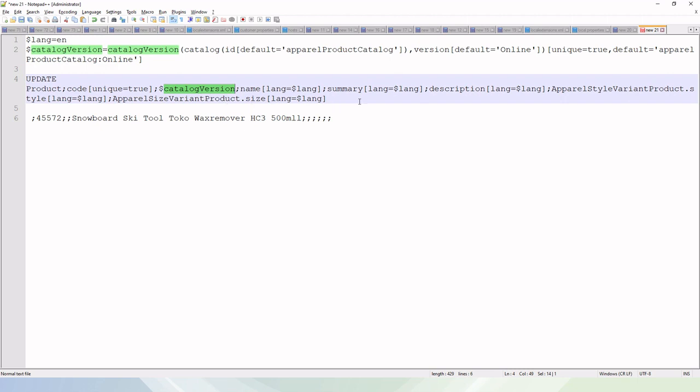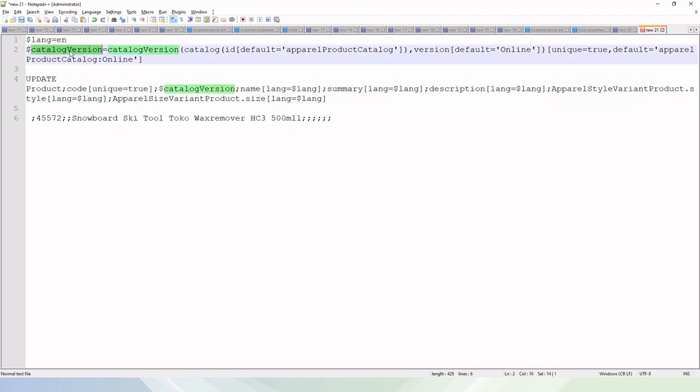It will be too lengthy. So the simplest approach is that we define this catalog version and the language, or any other thing which you want to use in the header, as a macro, and simply use this particular macro in the header.